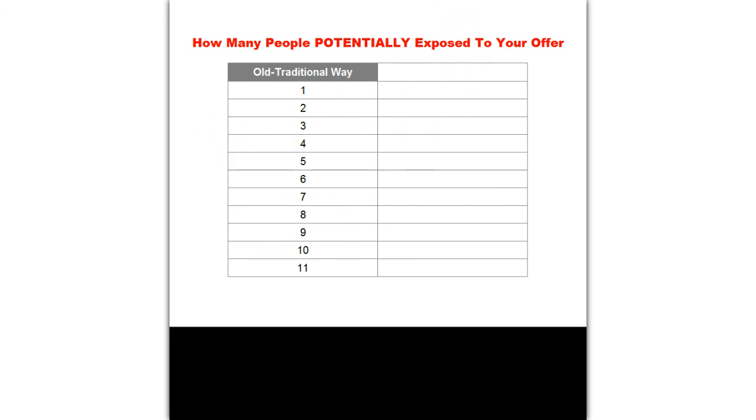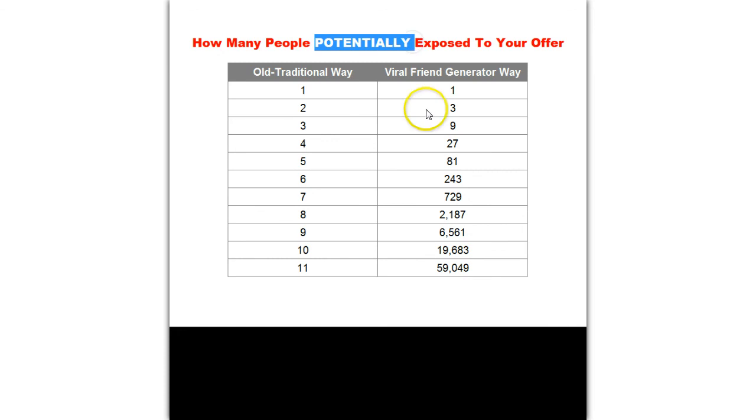With the Viral Friend Generator way, the first one, you send one person to the front and they will tell 3 people who will also go to the front, who will tell 3 people. 3 times 3, 9 times 3. Everyone tells 3 people and it multiplies exponentially. Now I say potentially because of course not everyone will enter the 3 email addresses, so this is kind of like the maximum. But either way, more people are coming through the front, entering their name and email address, building up your database, than just one by one by one. And that's the power of Viral Friend Generator.